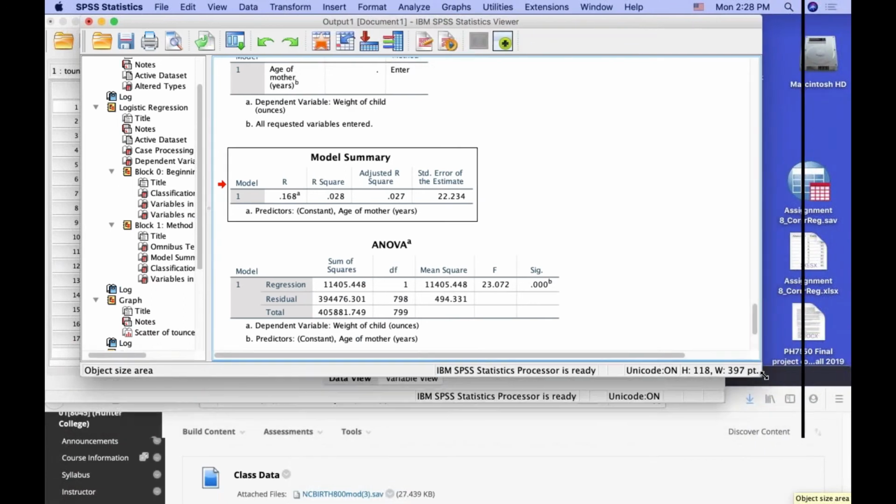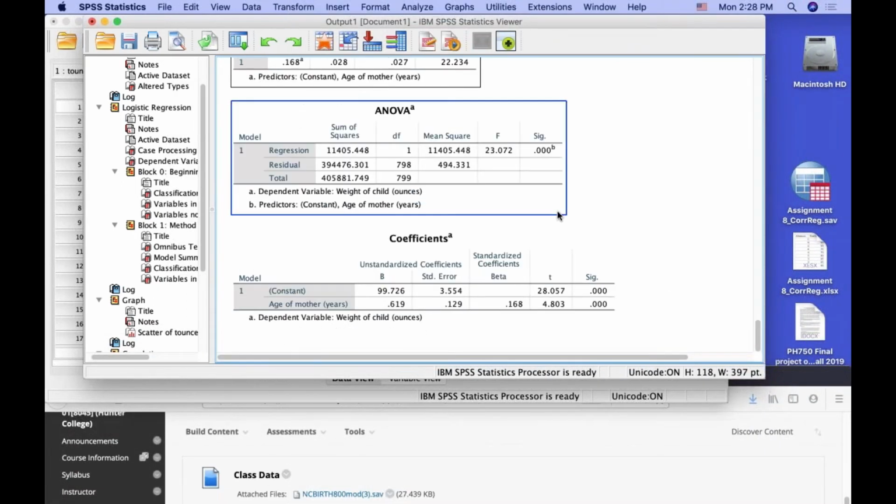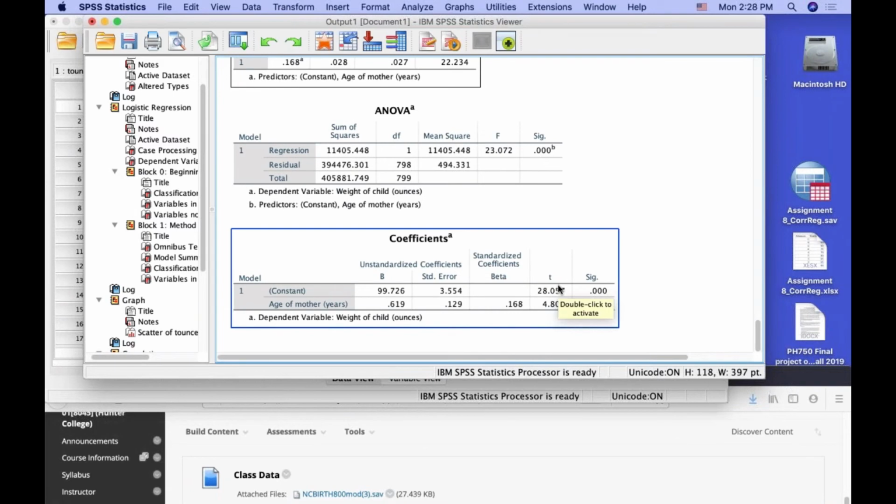Okay, and I'm going to pull this up so if you're looking up there, you can see it a little bit better behind me. I'm going to look down here at the last box, which is called coefficients. Under coefficients, we have the values that we need to describe that best fit line that we described when we looked at the lecture on correlation and regression. These values describe how to draw that best fit line. And how do they describe it? Well, for starters,